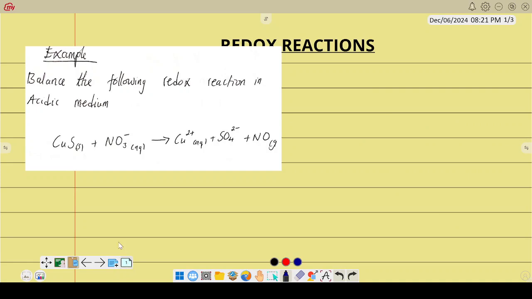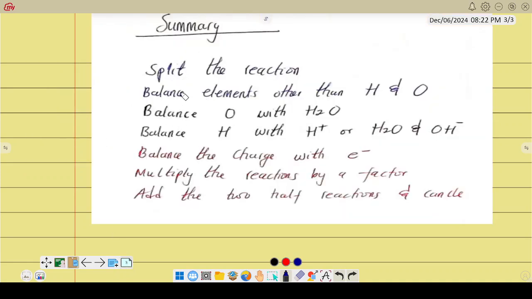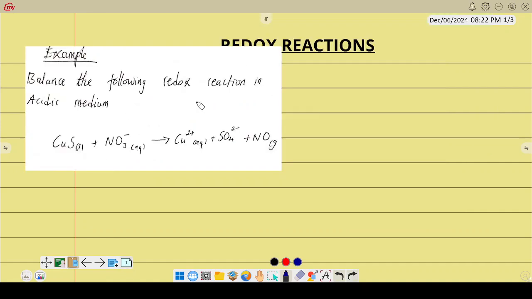Okay, so we'll be making reference to the picture with those steps. So step 1, split the reaction. So I'll just do this for this example. Later on I want to be coming to the picture. So step 1, let us split the reaction. So what do we have? We have copper sulfide giving us